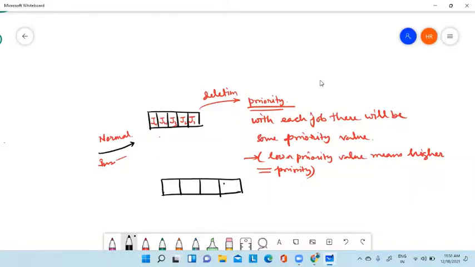Suppose this is the job value A, and this is the priority value. This is the job value B, this is the priority value. This is the job value C, and this is the priority value. This is the job value D, and this is the priority value. It can happen that more than one value has the same priority. If there is a same priority value, then